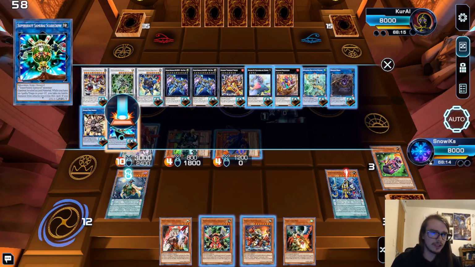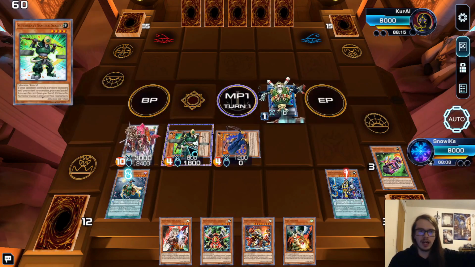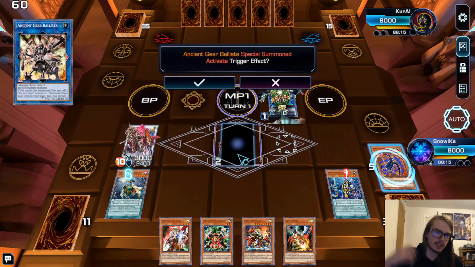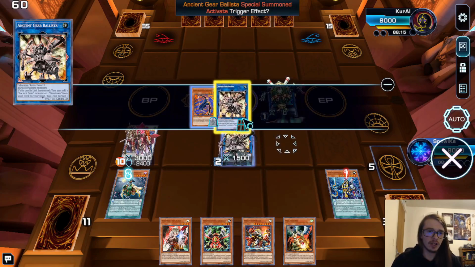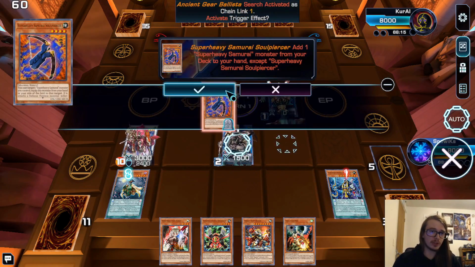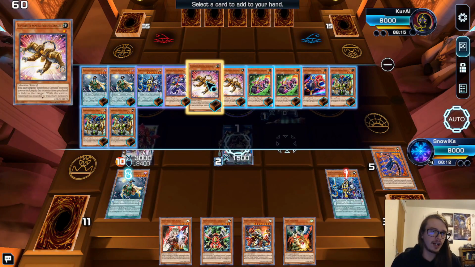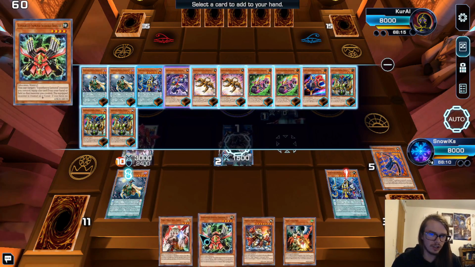And then, normally, there's two ways of doing this. You can either go Ancient Gear Ballista, or you can go for the rank 4. Either way, doesn't really matter. This list that I found is playing the Ancient Gear Ballista. So we're actually going to go Chainlink 1 Ballista, Chainlink 2 Soul Piercer. That's right, we've gotten 3 Soul Piercer effects in the same turn. We're actually going to add here...